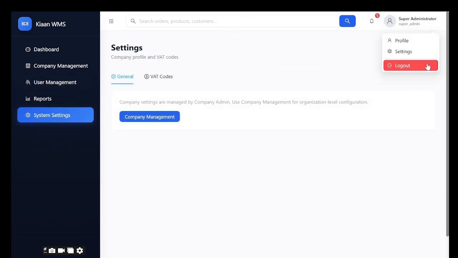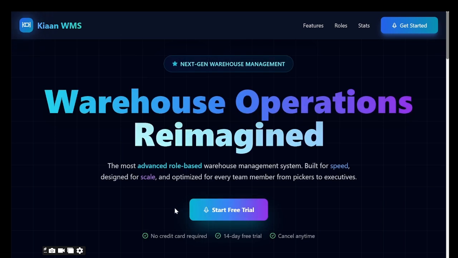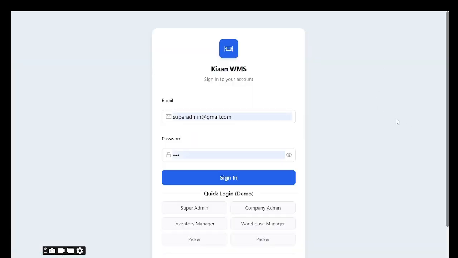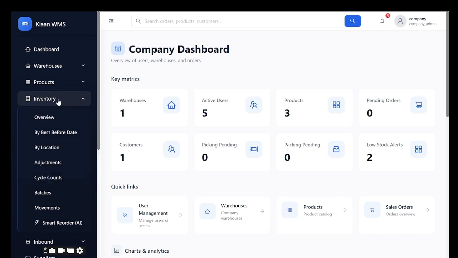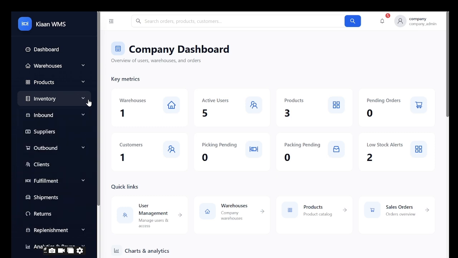Now we'll go to the company admin panel. We'll log in with the credentials provided. Here, the company dashboard panel is mainly for managing operational hierarchy. Company admin connects business goals with warehouse operations, controls organizations, policies, inbound inventory, suppliers, outbounds,